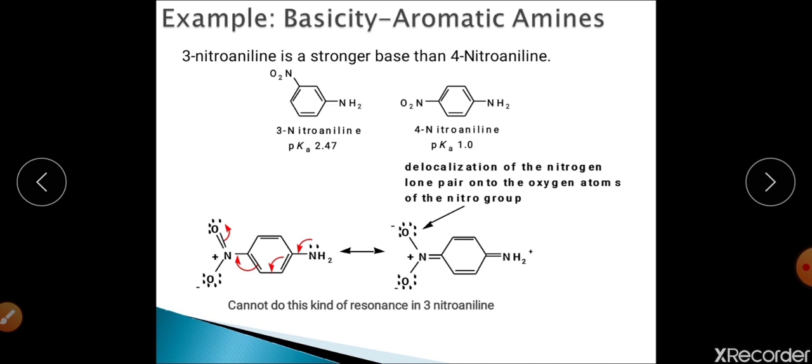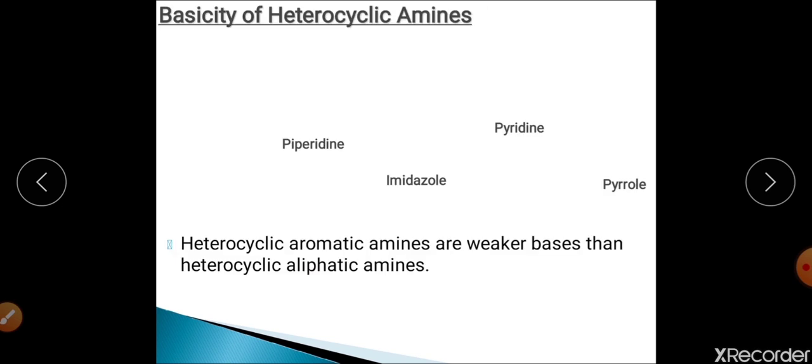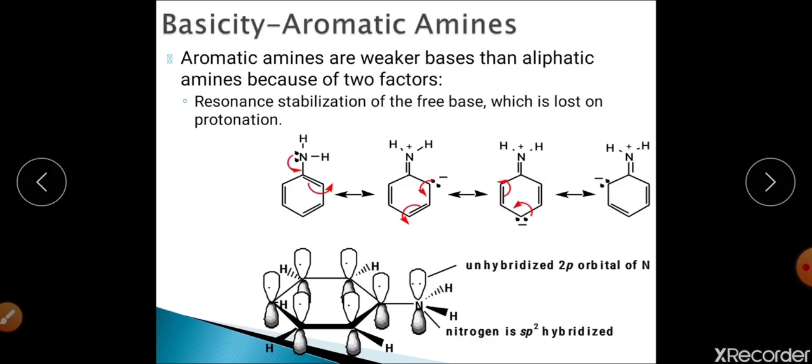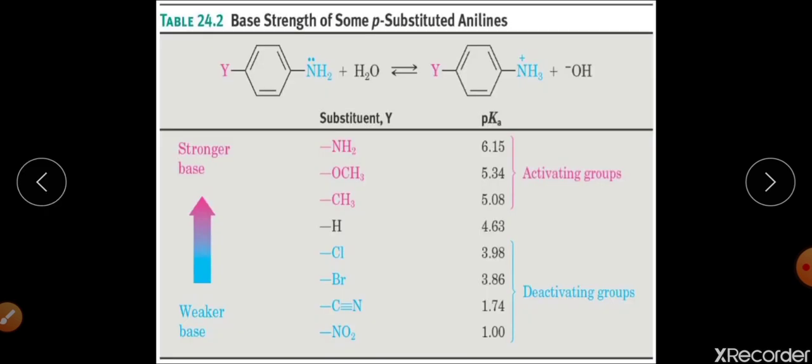And secondly, there will be more resonance stabilization in that case. So it will make this particular species more stable in comparison to this one. So it will become a stronger base in comparison to this 4-nitroaniline. Here is a list in this system that you can compare